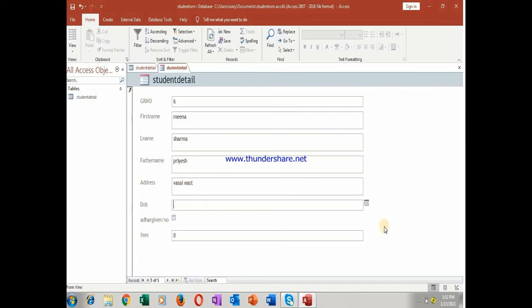Date of birth, see the calendar came here, click on the calendar, whatever you want you can select it. Aadhaar card given, yes. Fees, suppose, delete it, 1000. Okay, so this way you have entered the data.